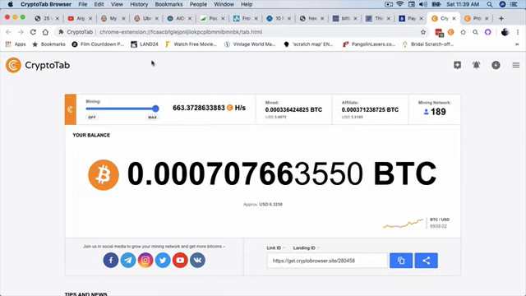Let's help as many people as we possibly can get involved in what I believe is going to be the biggest transfer of wealth in the history of mankind. Cryptocurrency is coming whether you like it or not. And you can ignore it all you want and say, I don't want to get involved. But I believe in the future, you will have no choice but to get involved. So why not get involved? It's going to happen with or without you. So you might as well make money as it grows. I believe with all my heart that Bitcoin is going to be huge.